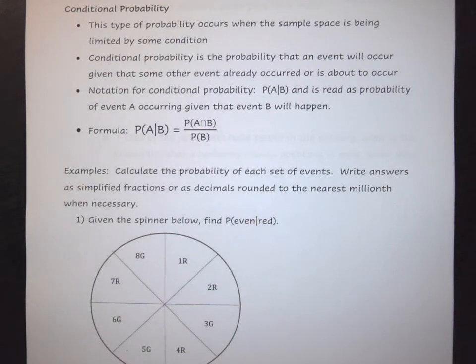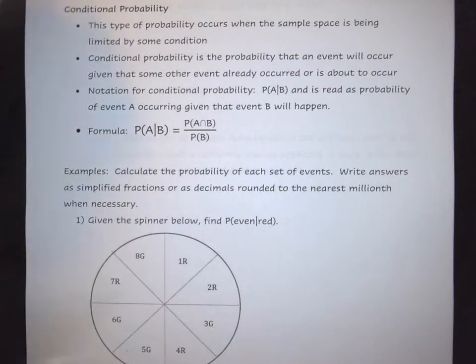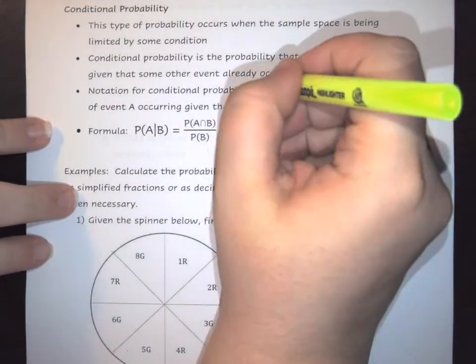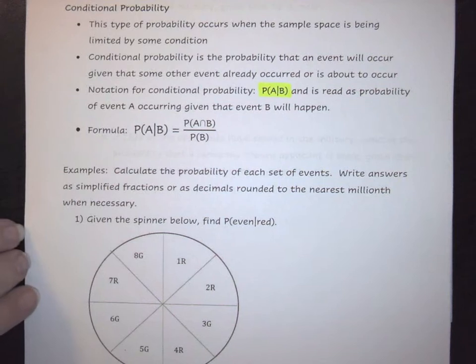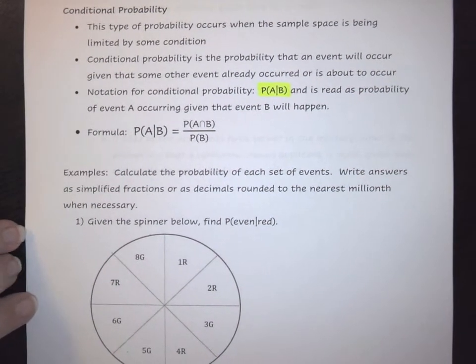Conditional probability is a probability that occurs when you are limiting your sample space. So conditional probabilities are events that occur given that something else has already occurred. Okay? We have a very special notation for these probabilities. The notation would be, say, the probability that event A occurs, then you have the straight bar, which means "given that"